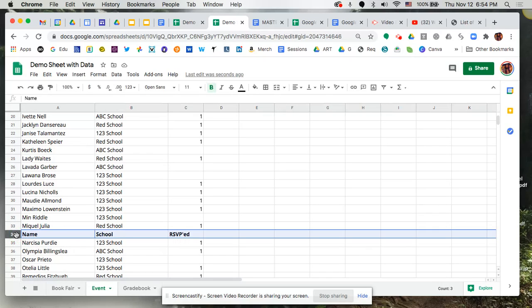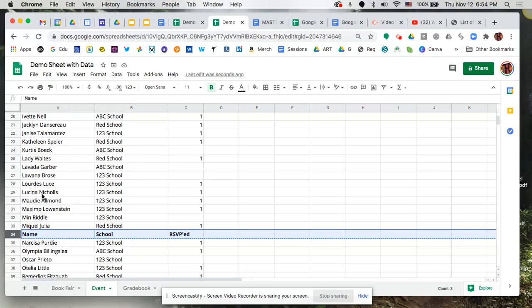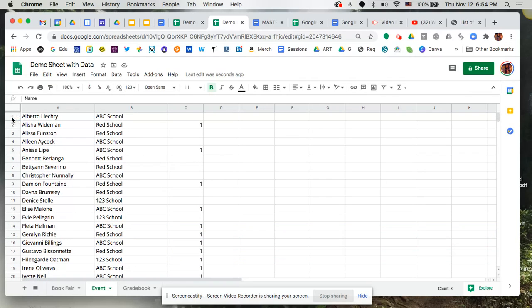So that's sort of one thing to watch out for. Normally what I do here is pretty much just not put that information until after I've sorted, or only sort certain sections. So what I need to do is get rid of this from here. So I'm gonna just do a really quick highlight there. As you can see, I've highlighted the entire row, and you can come up here and say cut. So it's gonna end up cutting that content, and I'm gonna come up here to